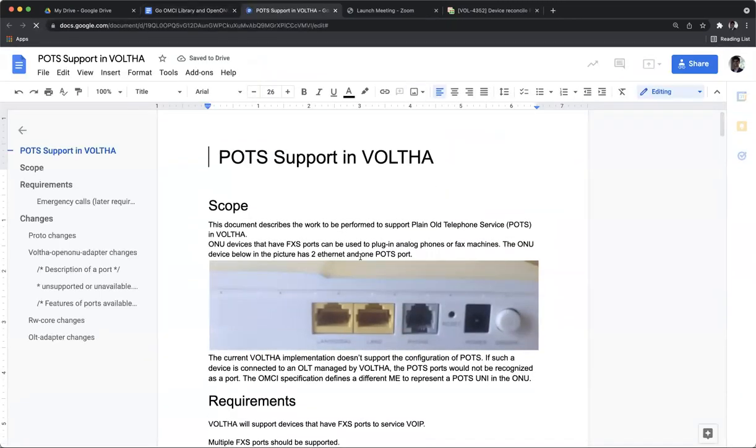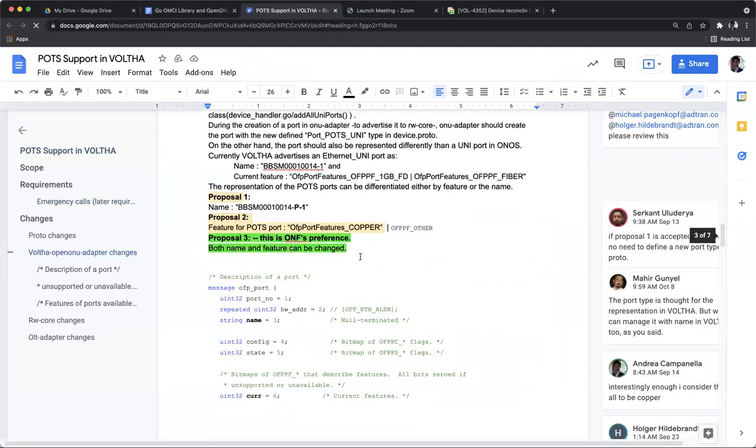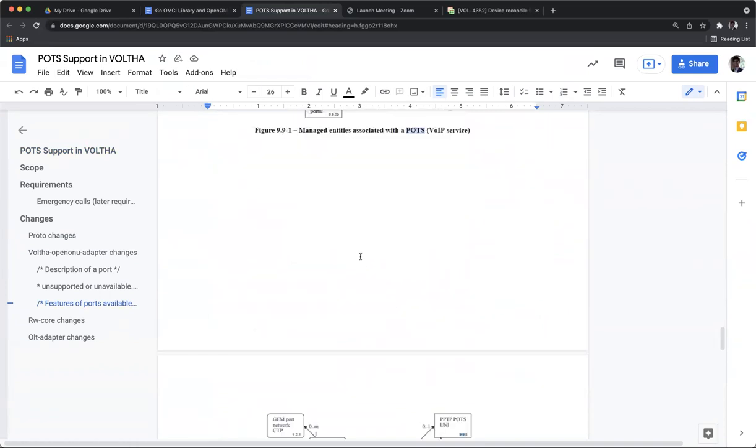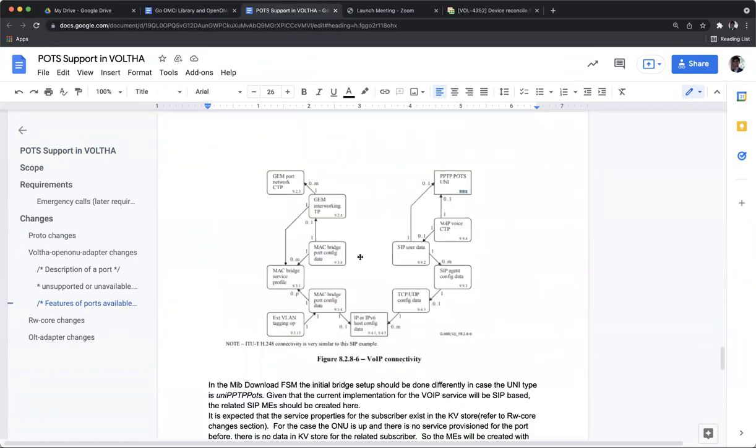I had created an OMCI diagram for VoIP service on OpenONU last week. I put the OMCI diagram into Jira 4407. I saw that I don't wait for OMCI response to VoIP MEs.